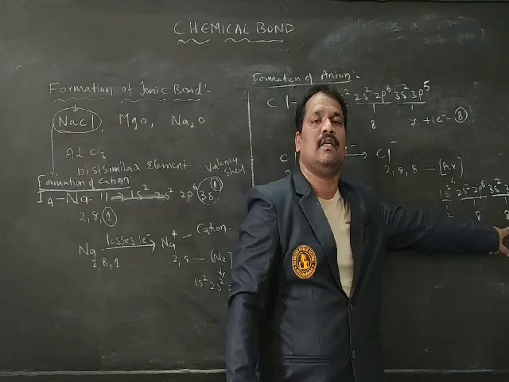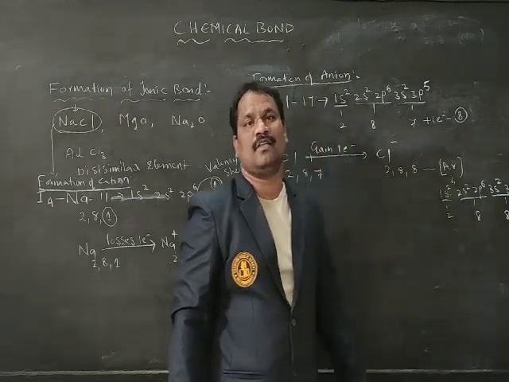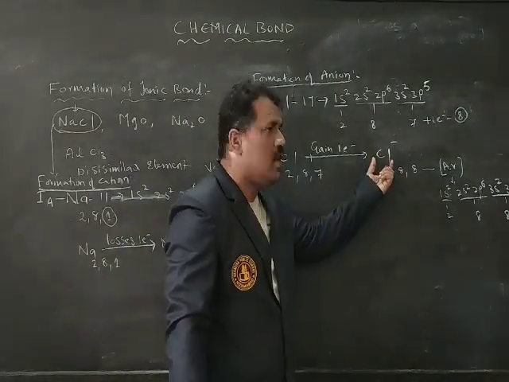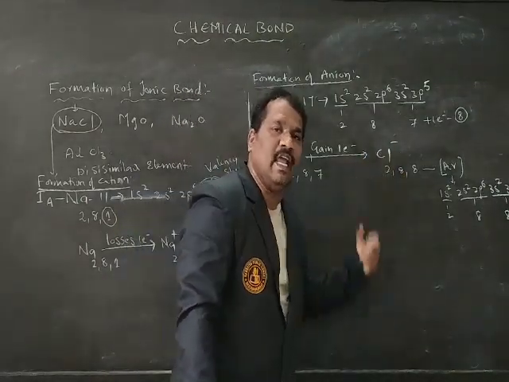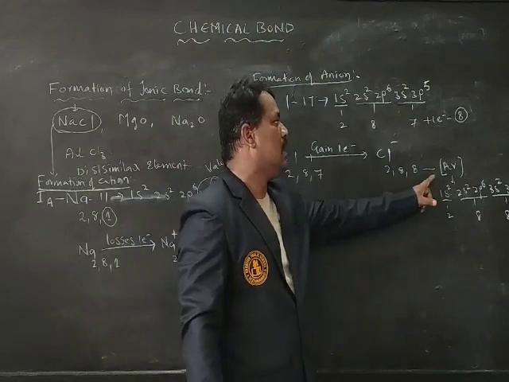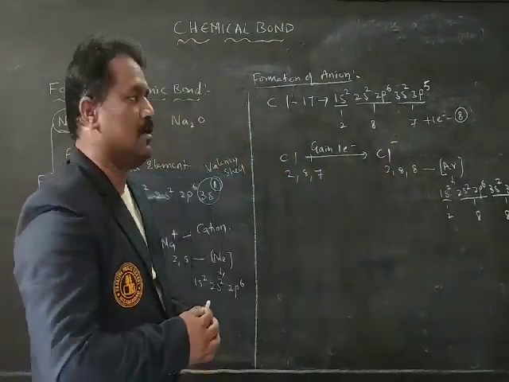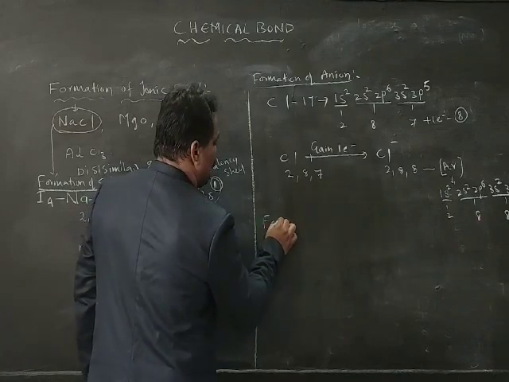As it is having a valency shell of 8 electrons, it is attaining stability of that particular element. Therefore, the chlorine ion, by gaining an electron, is attaining argon electronic configuration. Now, formation